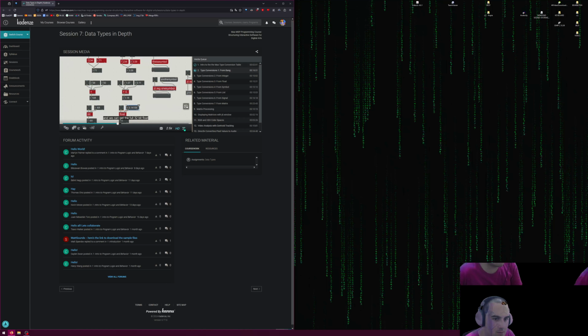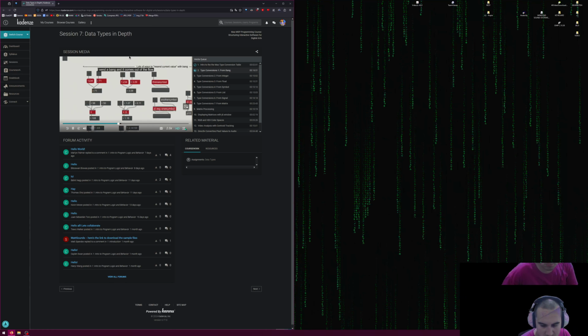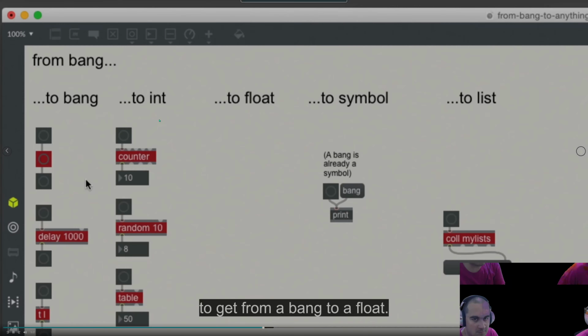number box, so we can make it wider and we get the full 32-bit float. And there you go. Send a bang, it comes out of the float. What else can you do with a float? I couldn't think of any other way to get from a bang to a float. The notion of